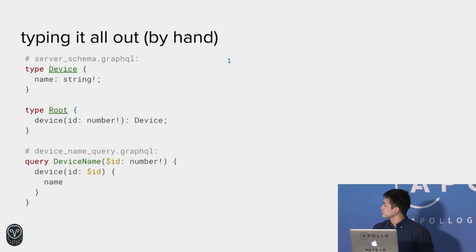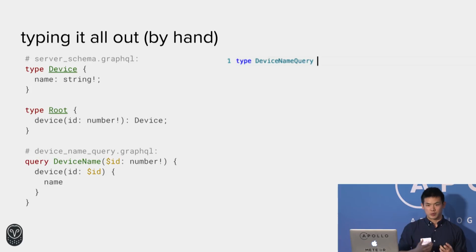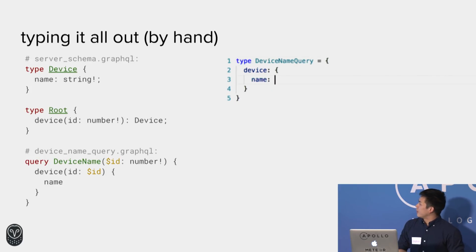TypeScript is just a typed variant of JavaScript. Some of you might also use Flow. And so we can use TypeScript to give the program hints about what we should expect the data to look like. For example, the simplest thing we might do is decide to write our ontological types out by hand. And so in this example, I look at my schema and I look at my query, and I decide,